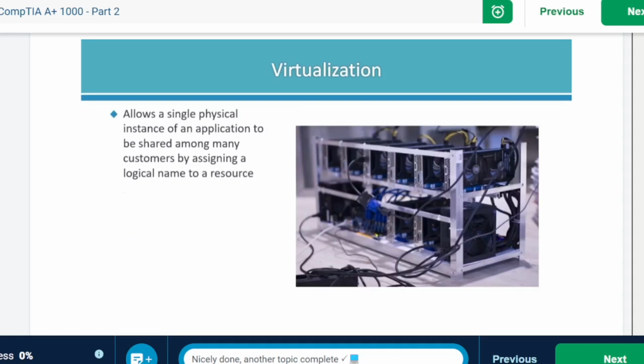Virtualization allows you to share a single physical instance of an application among many users or organizations. It does this by assigning a logical name to a physical resource and providing a pointer to the resource when it's needed. Virtualization uses a hypervisor, which is a firmware that acts as a virtual machine manager. You have a host machine and virtual machines. The virtual machine is managed by a software firmware called the hypervisor, and virtualization is important because it eliminates the need for modifications to run software and helps to isolate a number of the domains.